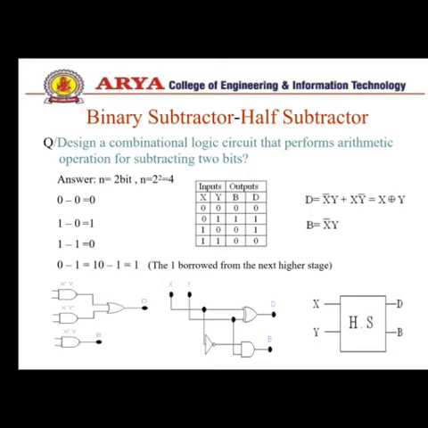So we can see directly through the table that the difference value is 1 in two rows. We write the SOP function of these: the first is x bar y, and the SOP of the other is x y bar. We add both the functions, and finally we get the simplified Boolean expression x bar y plus x y bar. We can also write this as x XOR y.